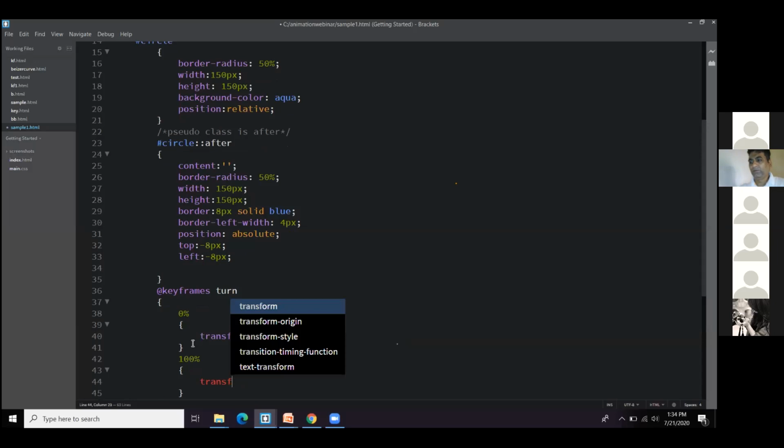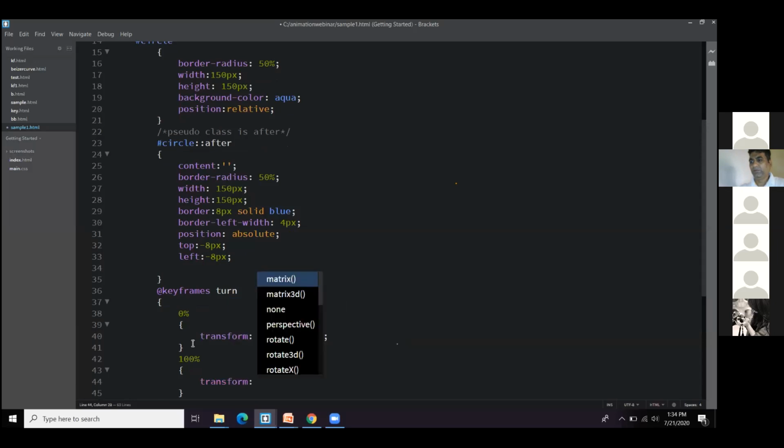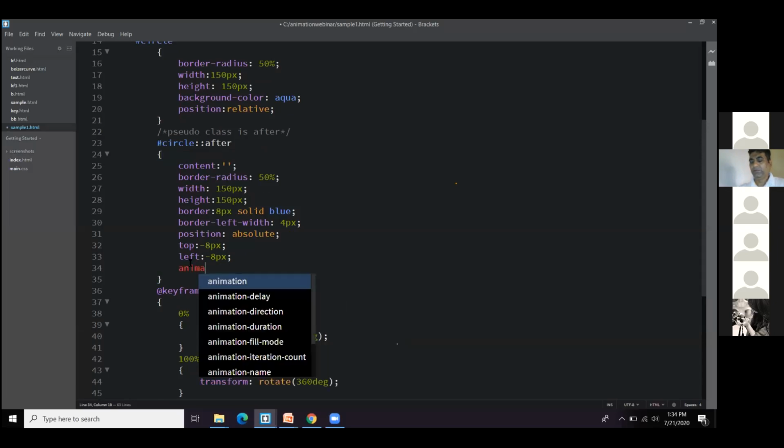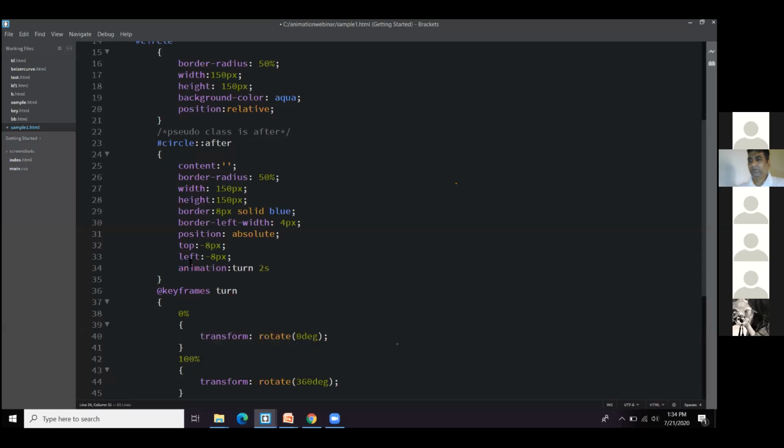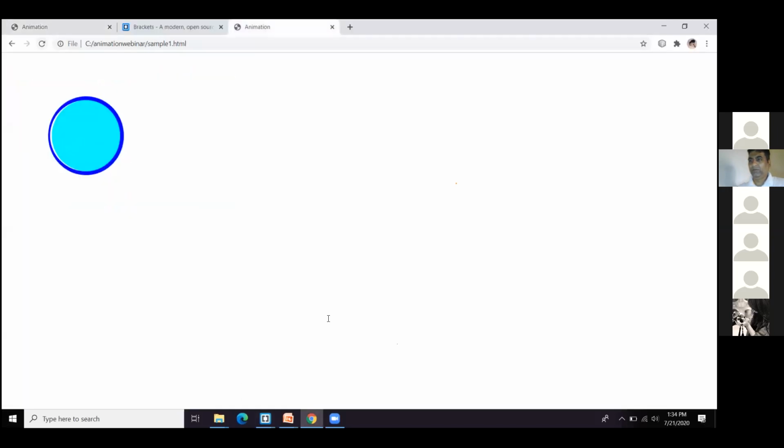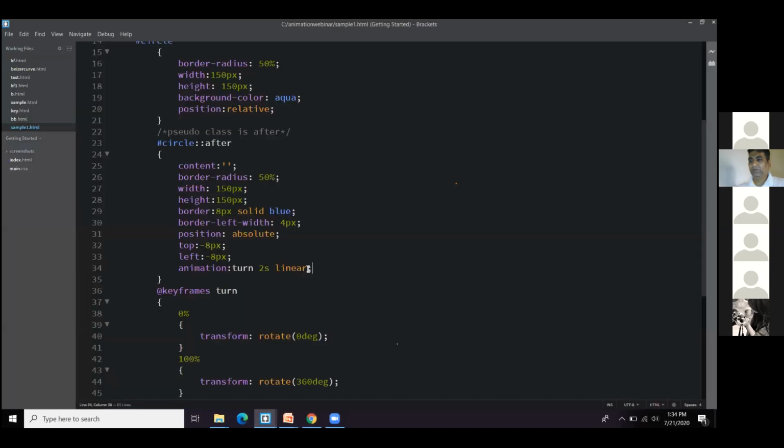And just writing for 2 seconds. My animation should be rotating now. The circle is rotating. I want it to rotate for an infinite number of times. So without any delay, I'm just mentioning it as infinite.